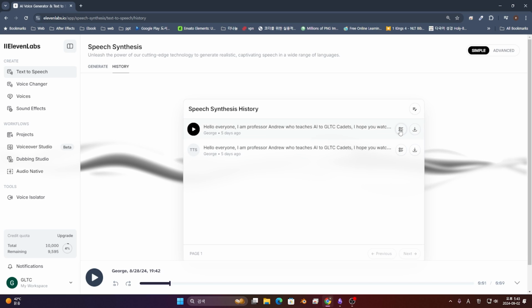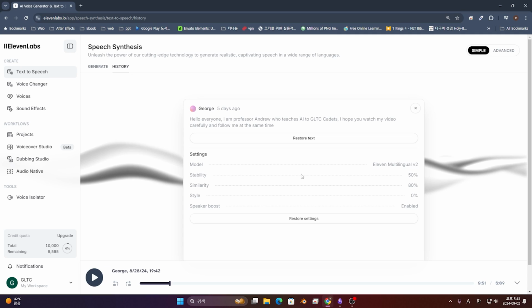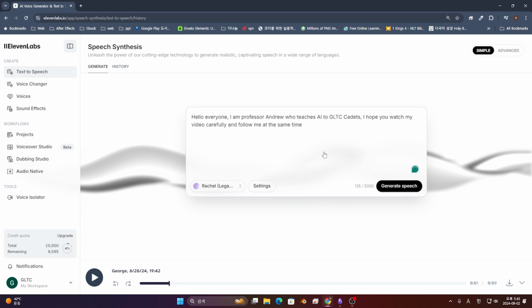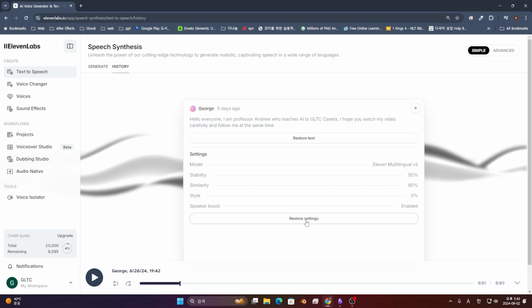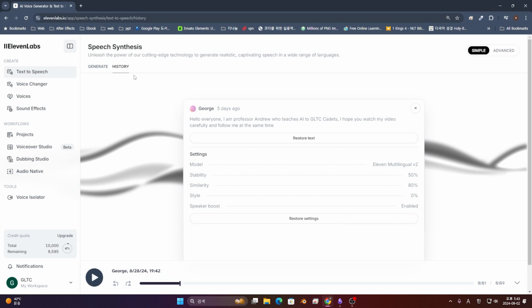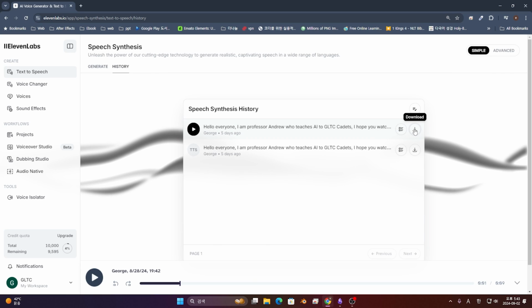and you can also press this show details to see what kind of settings you used, and you can press restore text to use this text again, or restore settings to use the same settings. You can also download here by pressing this download button, and you can also listen to the preview by pressing